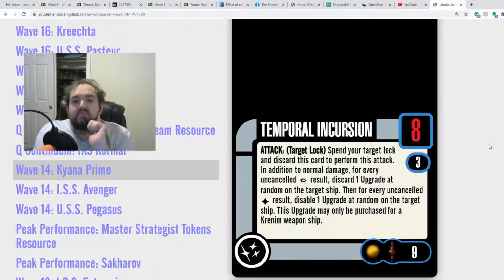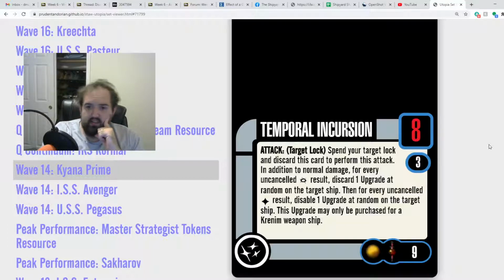Anyway, attack, target lock. Spend your target lock. Discard this card. So you're rolling 8 unmodified dice at range 3 and only at range 3. For every uncancelled crit, discard one upgrade at random on the target ship. Then for every uncancelled hit, disable one upgrade at random on the target ship. Yay. This is a win more card. And what's worse is, how are you going to get uncancelled results when you've got 8 unmodified dice? It's just...